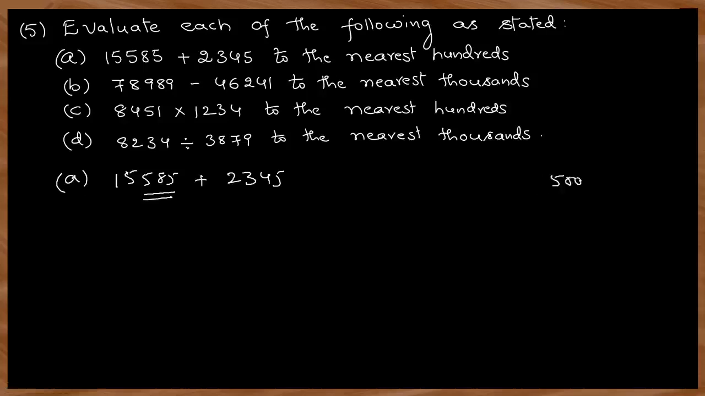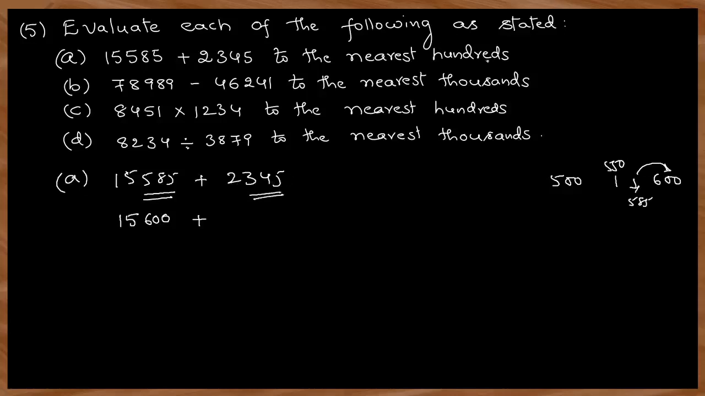In between 500 to 600. Okay, the middle number is 550. But this is 585, which lies here somewhere, 585 nearer to the 600. So now you can write the nearest 100 of 15,585 is 15,600 plus next here it is